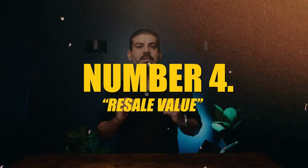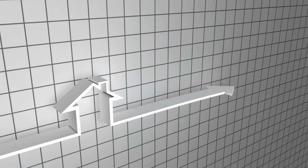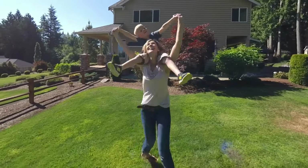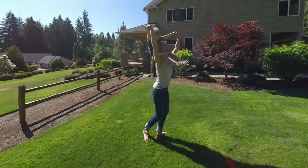Number 4 is resale value. Now, think about this. You build the ADU, you sell it to another buyer. So you basically split your land and you sold it off. In the future, when you decide to sell your property, you might hurt the actual selling price of your primary residence because the next buyer may not want to share the backyard with a neighbor. So that's something to consider. Now, in the beginning, you'll make a lot of money, but down the line, you may feel a little squeeze